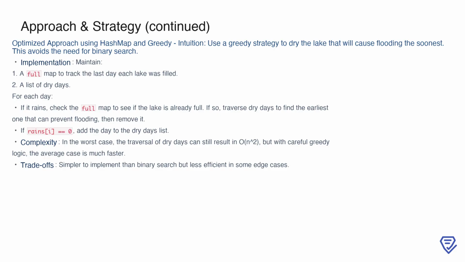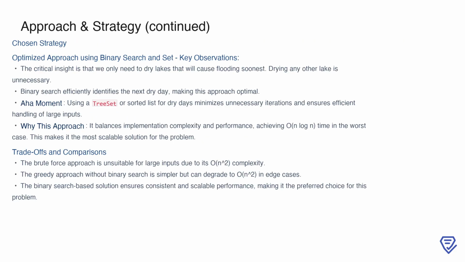downside. In the worst case, traversing the list of dry days can still degrade to O(n²) time complexity, especially when dry days are sparse or poorly distributed. Despite this, the greedy logic often proves faster in the average case, making it a reasonable alternative when simplicity is prioritized over guaranteed efficiency. Ultimately, the chosen strategy for this problem is the optimized approach that combines binary search with